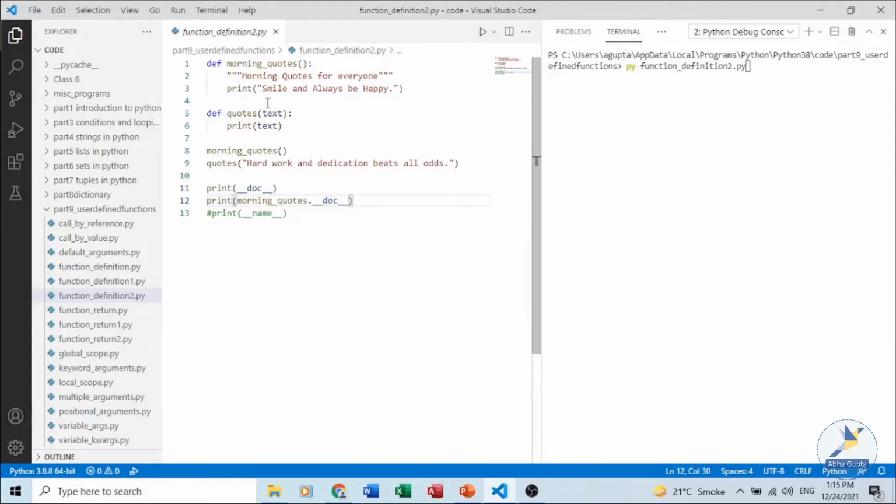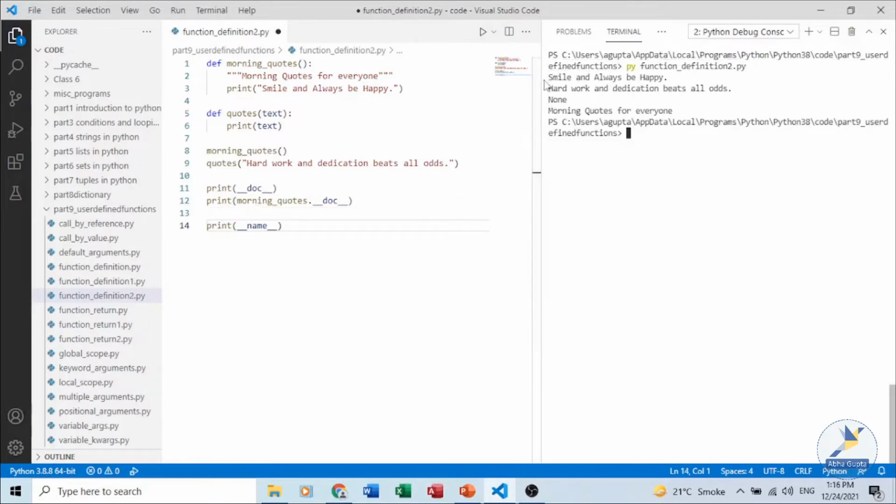Since we have two functions, we need to specify which doc string from which function we want to print. So I have written morning_quotes.__doc__, so it will go to the morning quotes function and print the value of the doc variable. Similarly, I am also trying to print __name__, that is the name of the main program. Let me execute and show you the result.